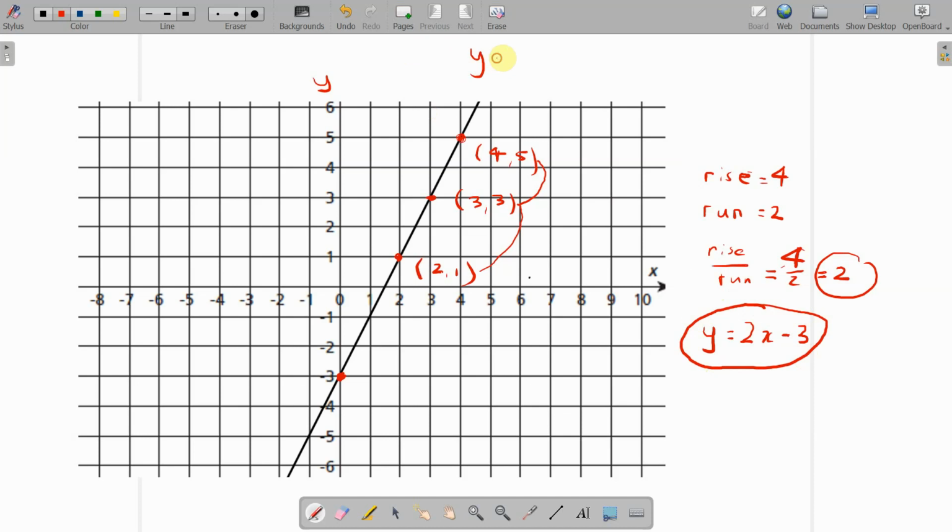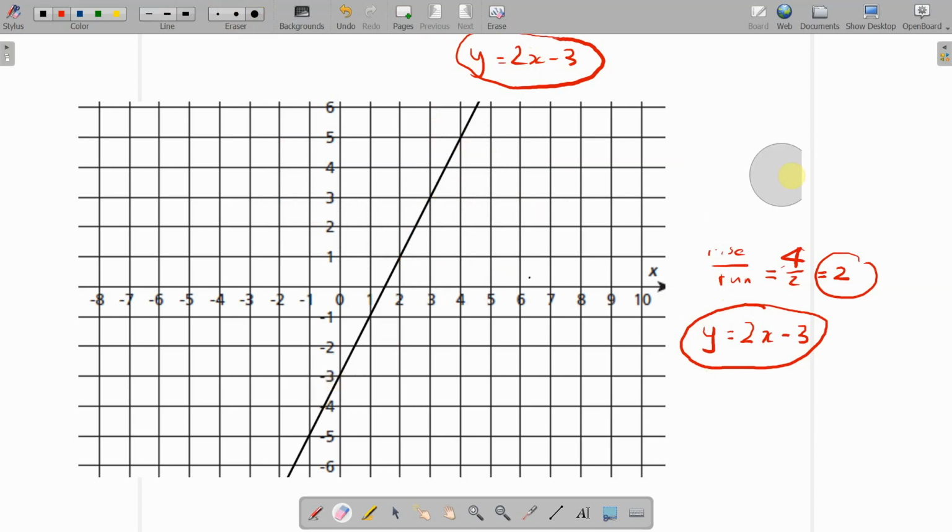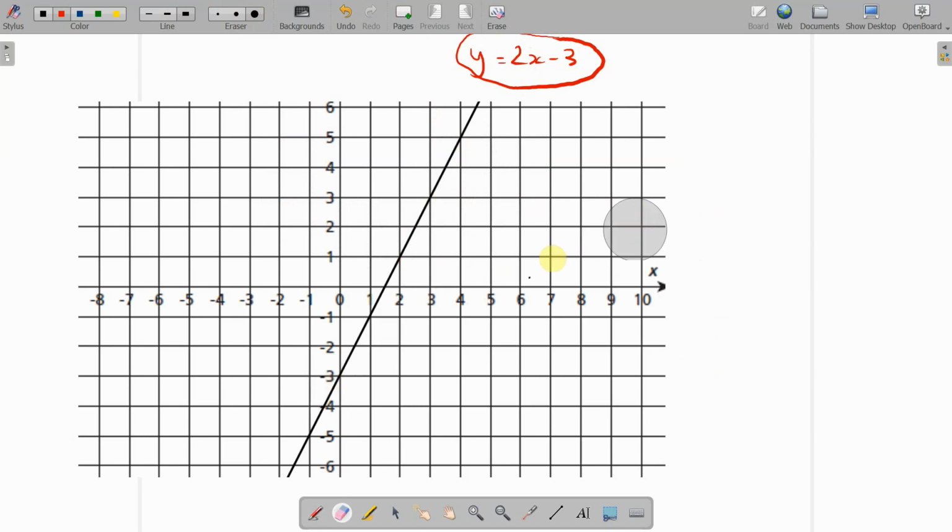Now I'm going to put that up here. And we're going to refer to that a lot. That's the equation of that line. Okay. Now let's get rid of everything else to show you parallel and perpendicular lines. So we're asked to find the equation of a line parallel to this one, and with the y-intercept